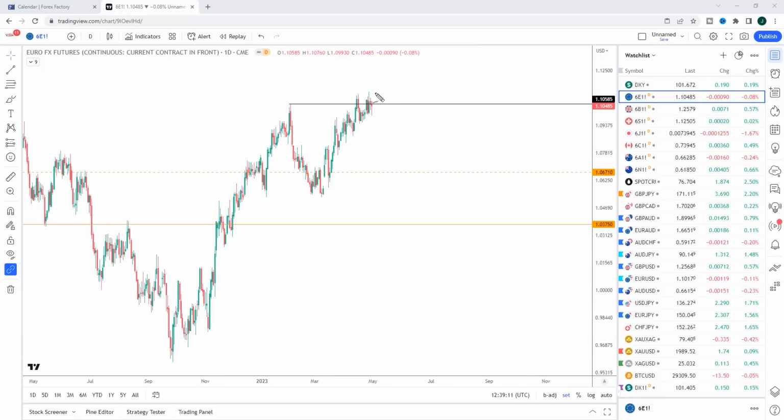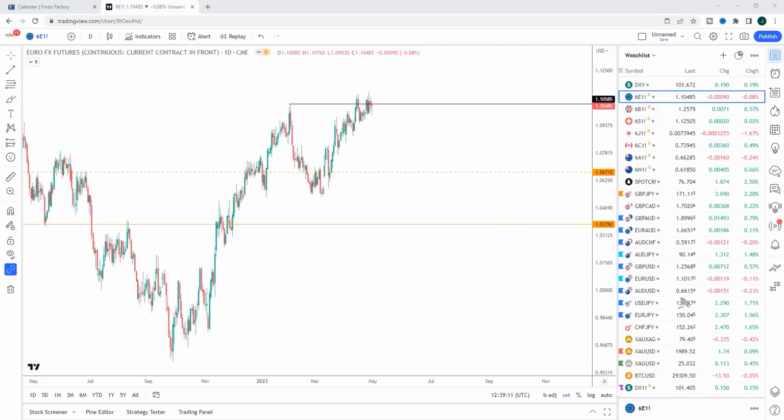Next is the euro. We do still have some relative strength, and I do like the euro pairs. The problem with the euro pairs next week is I would really like to trade them before the interest rate decision and be out by the interest rate decision. Why? Because before the interest rate decision, maybe we get an opportunity in EURAUD, for example, maybe EURJPY. But once we get the interest rate decision on Thursday, we only really have one additional trading day.